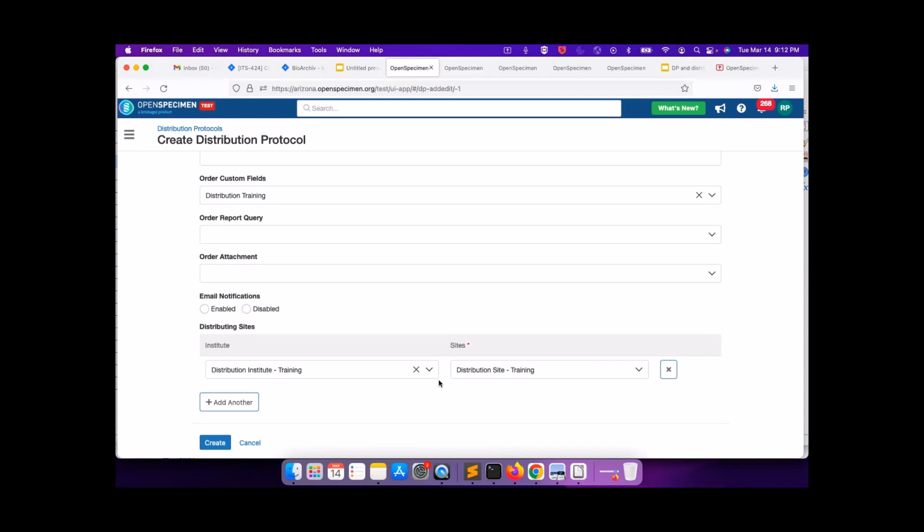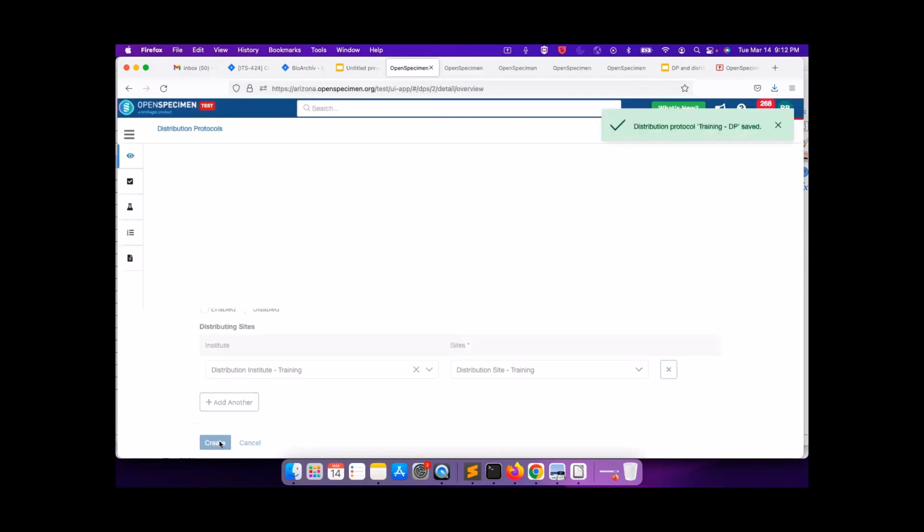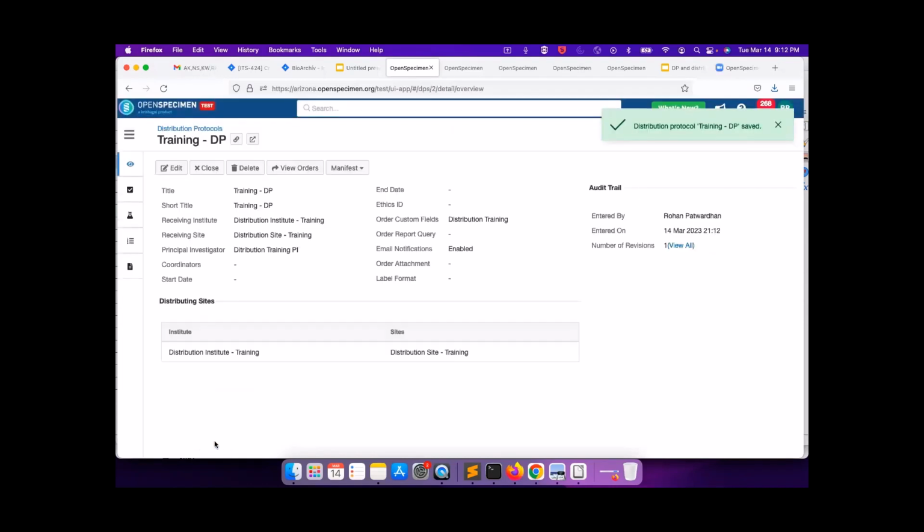I think there was one requirement where somebody mentioned that the distribution happens in collaboration with another institute or another site. So in such cases, you can choose the option as add another, so the specimen distribution from both the institutes is recorded. So this is how you can simply create a